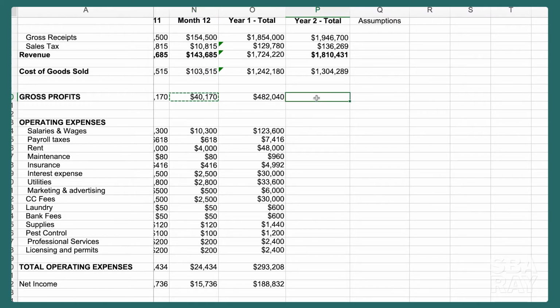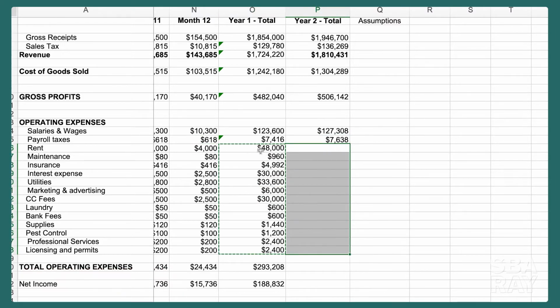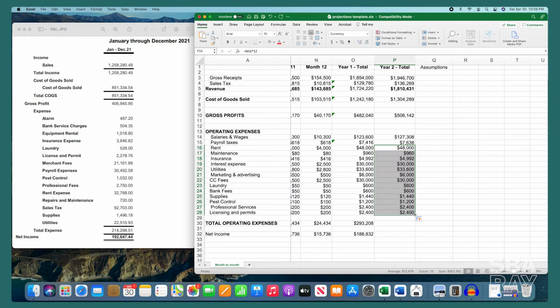And then operating expenses, so salary and wages, we're going to give the employees next year a cost of living raise of 3%. And then the payroll taxes would be 6%. And then we're going to expect all of the other expenses to remain the same in year two. And we'll just copy that down, total up the expenses, and let's see what our net profit is in year two. So the net profit is $209,000.